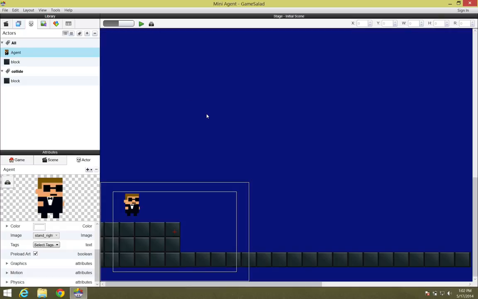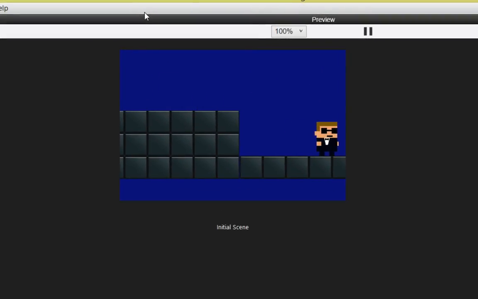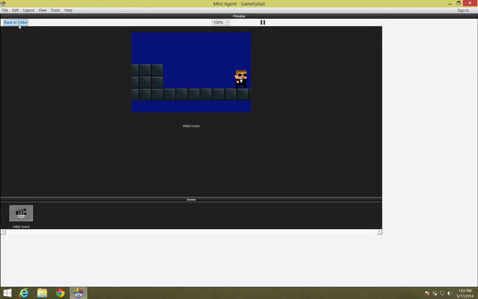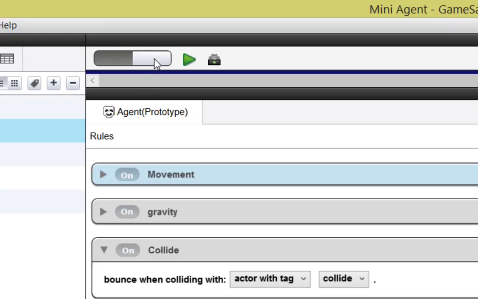And the one last thing that we want to do is we want to adjust the tolerance of the camera so that our agent doesn't have to walk all the way to the end of the screen before it starts pushing the camera. So if I preview this, you can see that our agent has to walk all the way to the edge of the screen before he starts pushing that camera, which is a little bit awkward. So to toggle this, next to the play button, we have this button right here. And if I click on that,